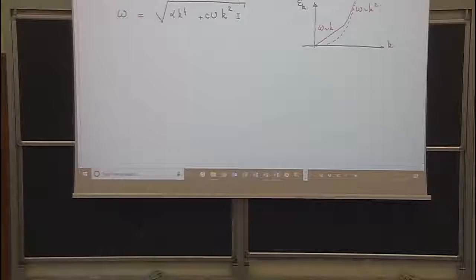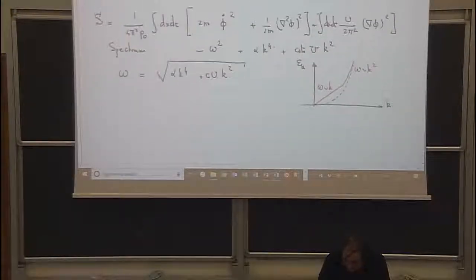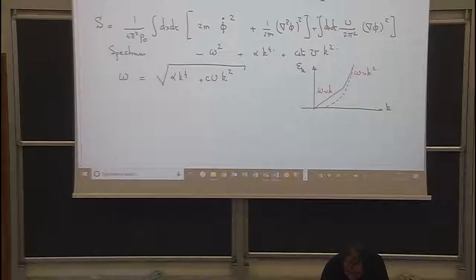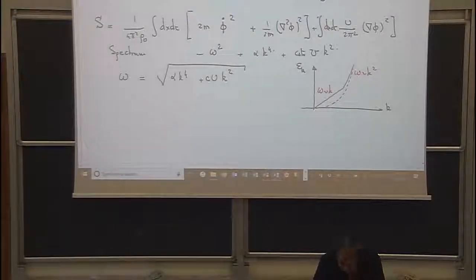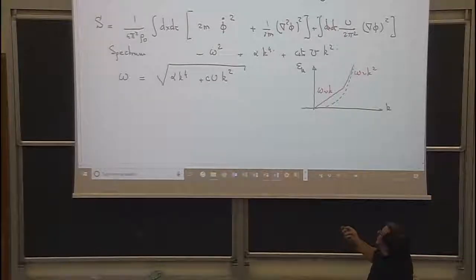Now we have a dictionary which allows us not only to get the spectrum, but to get the correlation functions. So essentially, you see that now we have a tool which is extremely powerful. We solved essentially this Hamiltonian in 2 lines. We have the Hamiltonian in a quadratic form. So I would say at low energy, actually this term is not important. So I can even throw it away if I want. So there are 2 possibilities. If I want to describe the low energy